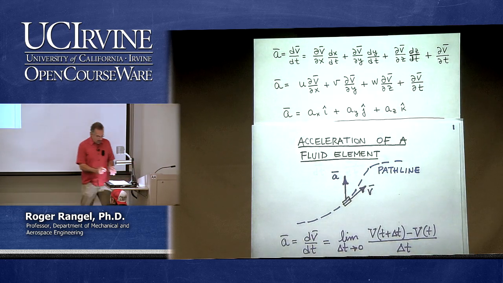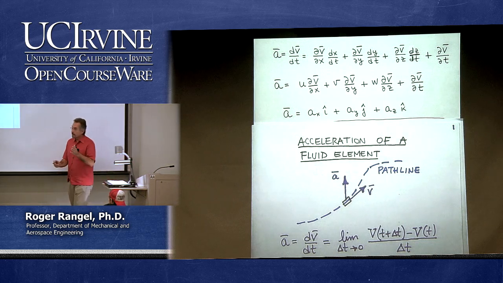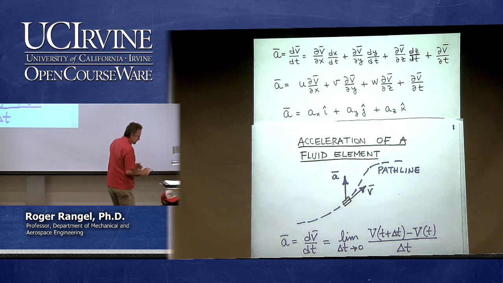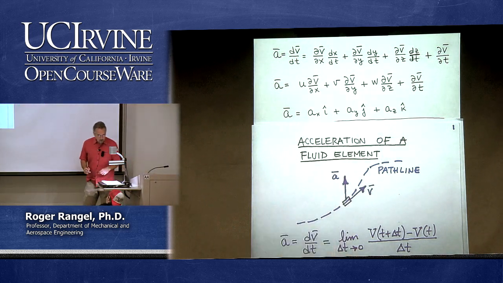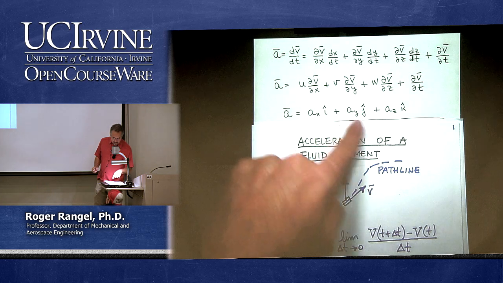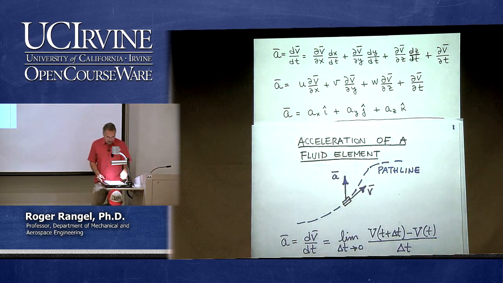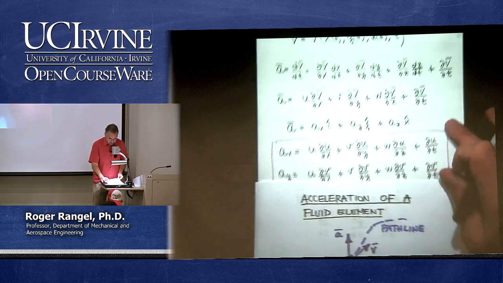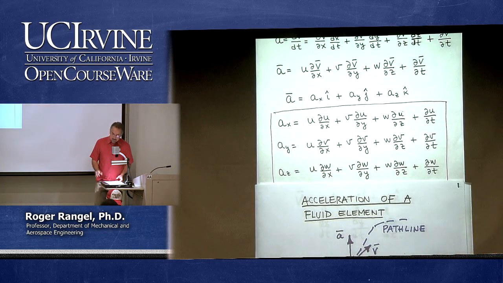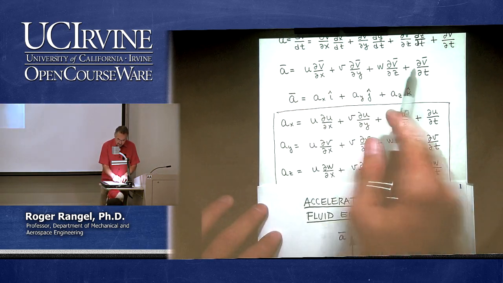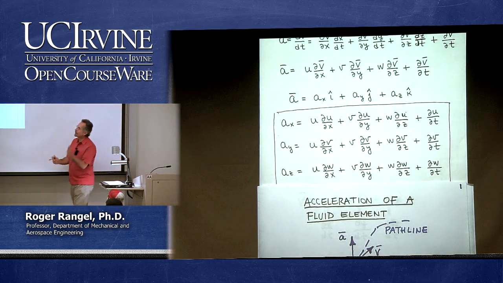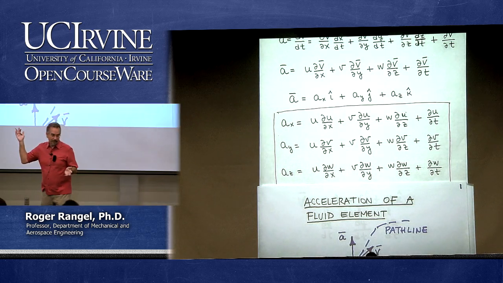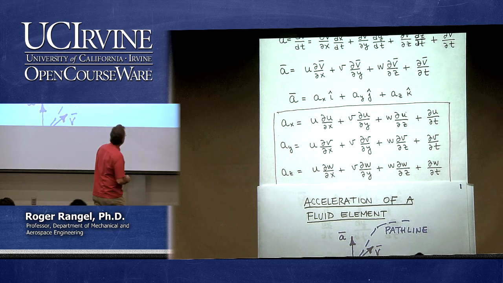So if I go back to my original sketch here, I already have an expression for v as a vector with components u, v, and w. Now I have an expression for the acceleration with components a sub x, a sub y, and a sub z that I can get out of this big equation here. Because this is a vector equation, if you break it down into each of the components, ax, ay, az, I don't know if you want to write all of that down now, since you can watch it later and write it again.